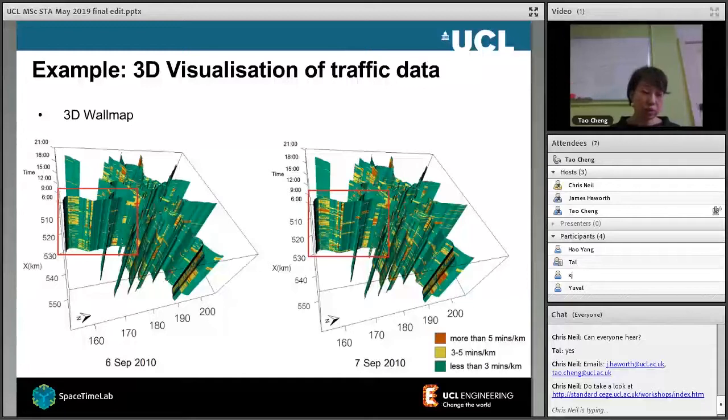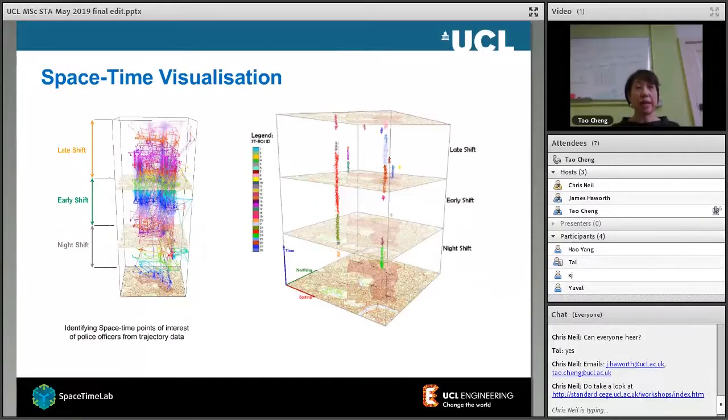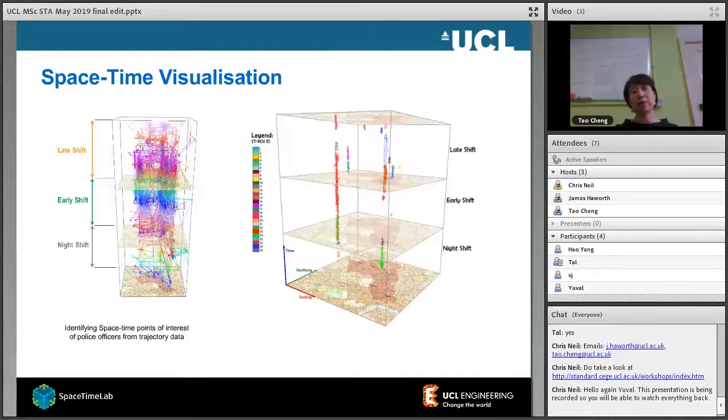And the final one, I was trying to show you another thing about visualization. On the left is about 300 policemen's GPS trajectories, but we visualize them in 3D space and time: two dimensions of space and one vertical dimension for time. So it's 24 hours, but over 2 months.